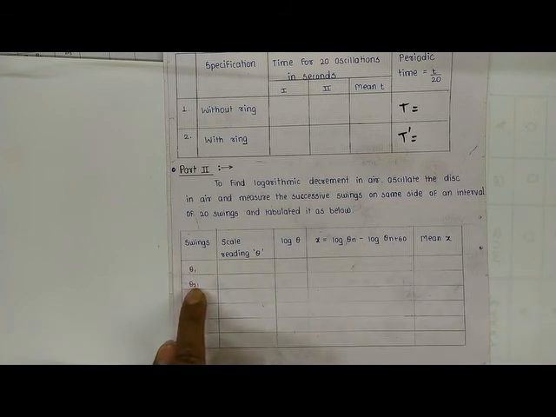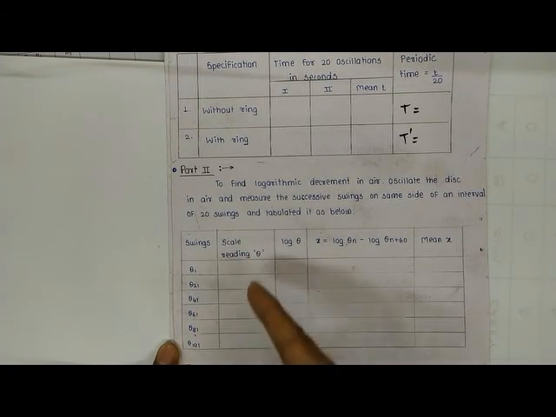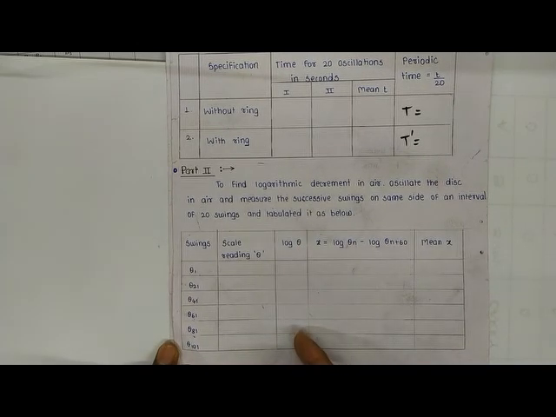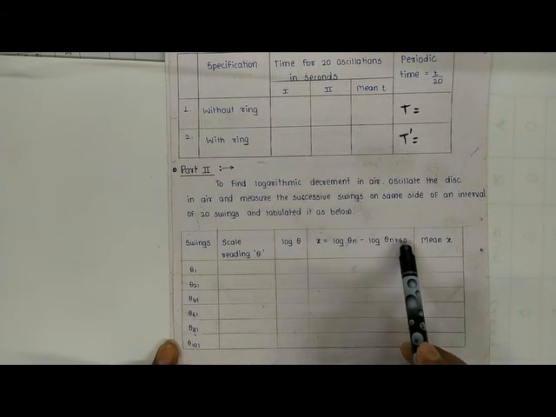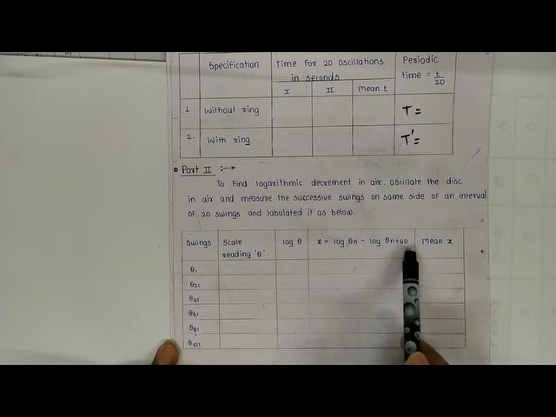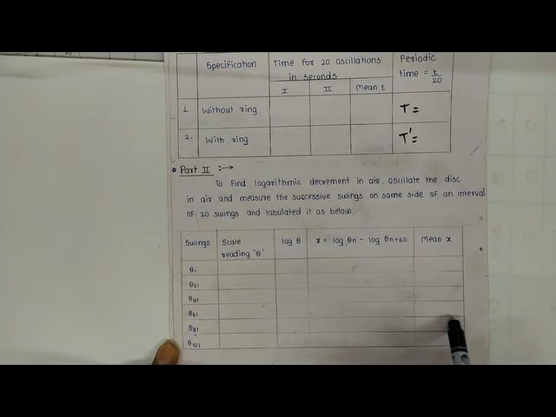in the 21st reading as compared to the first reading. The 101st reading will be again more or less the same. That means the amplitude of the oscillation is going to decrease, right? So we will note down here the scale reading, then we will take the log of that reading, and if we take the two successive differences, that means log of theta n minus log of theta n plus 6, right? Then this is actually the logarithmic decrement, and the mean of this is the mean logarithmic decrement,